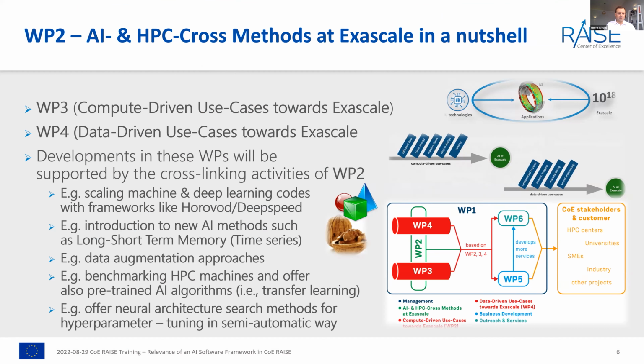Just a little bit for the HPC and the idea of crossing that with AI modeling, in the idea of how RAISE is organized. You see that we have really an integrated way of having the use cases always alongside so-called cross-sectional AI methods, which is our work package 2, crossing work package 4 and work package 3, so that we don't have separate solutions, so that we rather try really to build something together and create, let's say, new offers for people that are maybe not so deeply in AI from a work package 2 perspective.